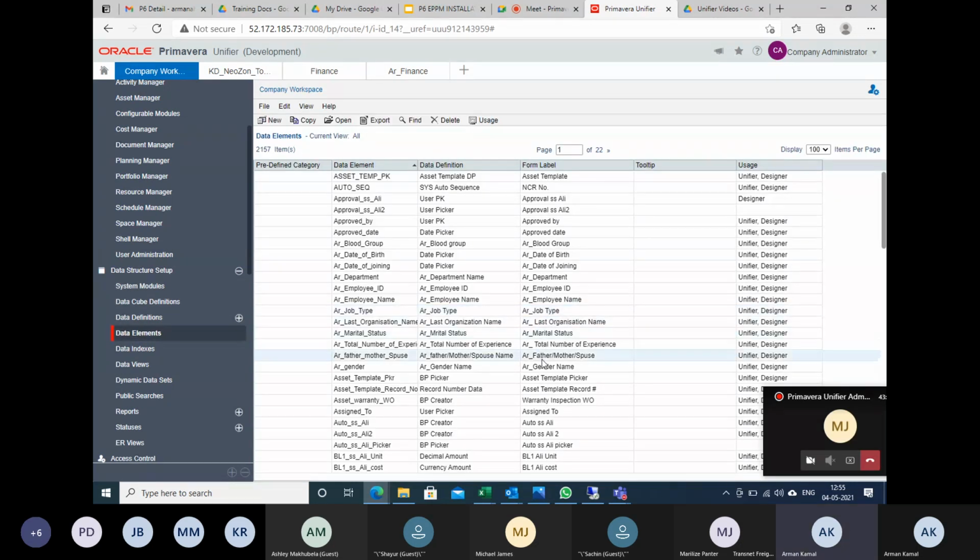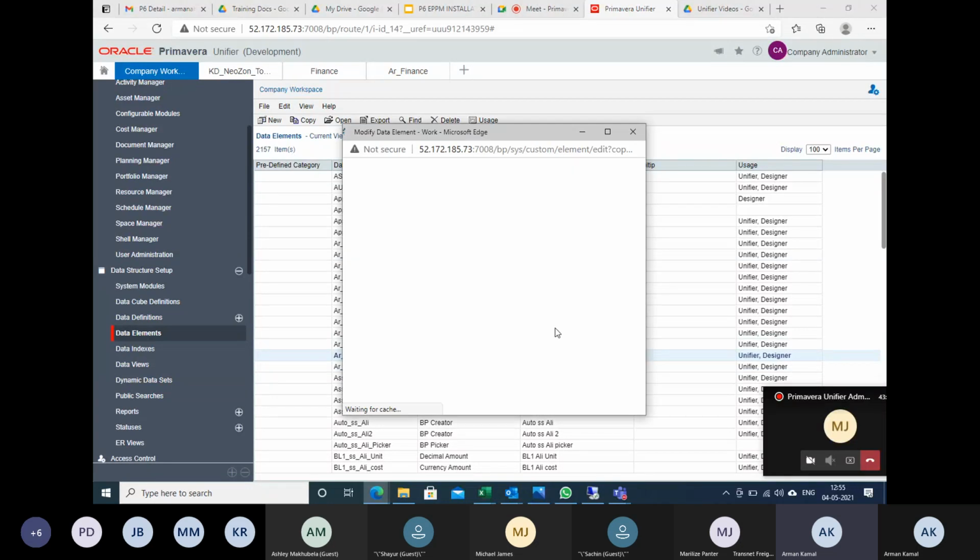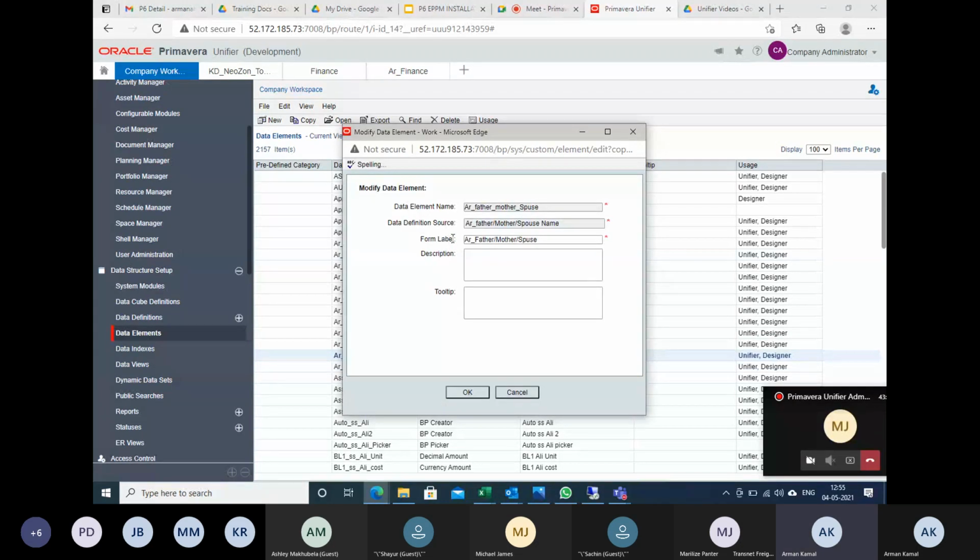I can see the mistake in spouse. This form label is reflected on the front end. The O is missing, so I will put O here and click.